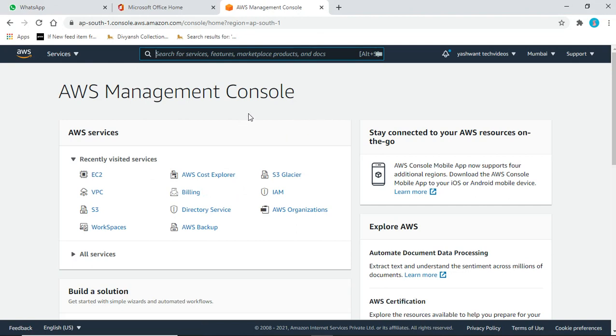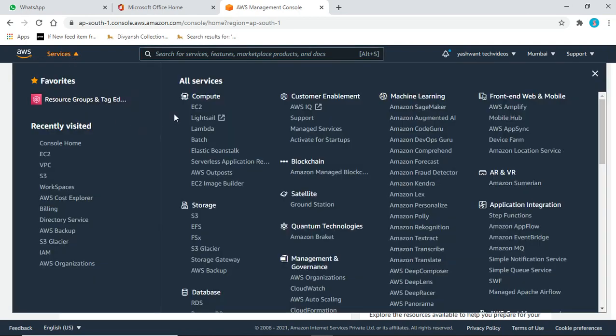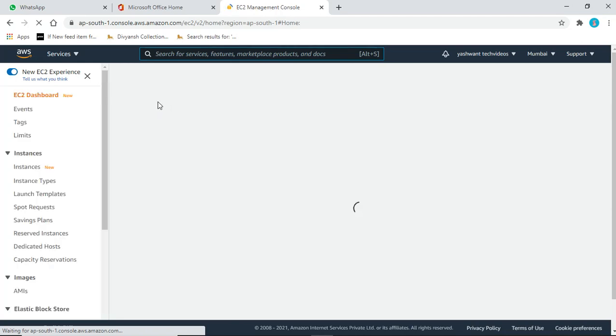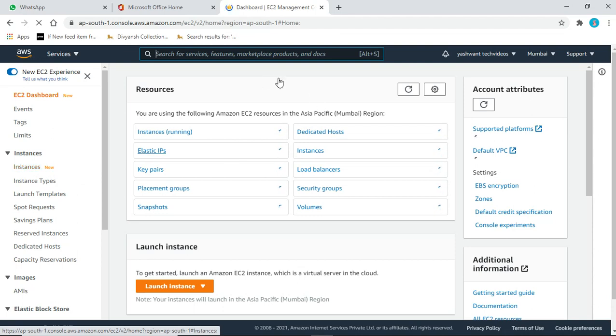I have already logged in. You can see here Yaswant Tech videos, and in services go to EC2. If you want to see how many instances are installed on your AWS cloud, go to instances, and this is your dashboard.